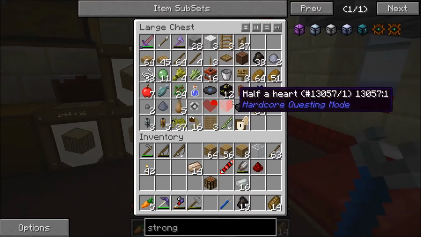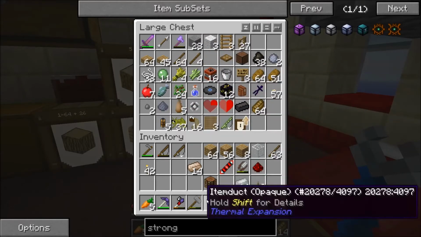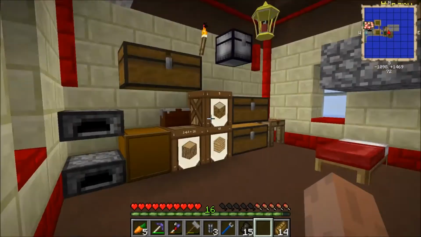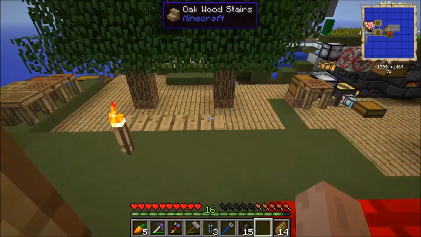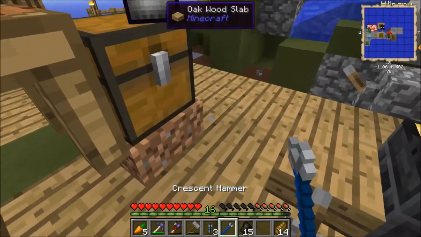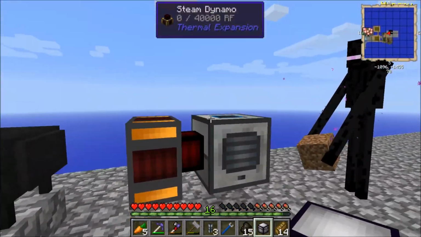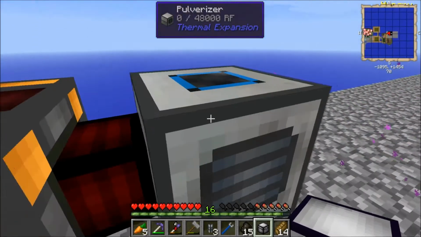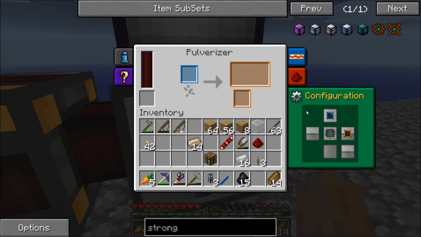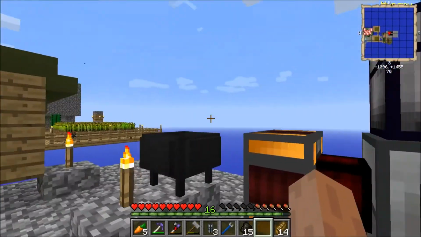Give me a lever. And some item ducts. And I got some cobblestone on me. Oh, I've got a whole chest full I'm about to move. So the nice part about this is I'll be able to move the thing back and forth. I don't think it can pull directly from it. No. Let me...